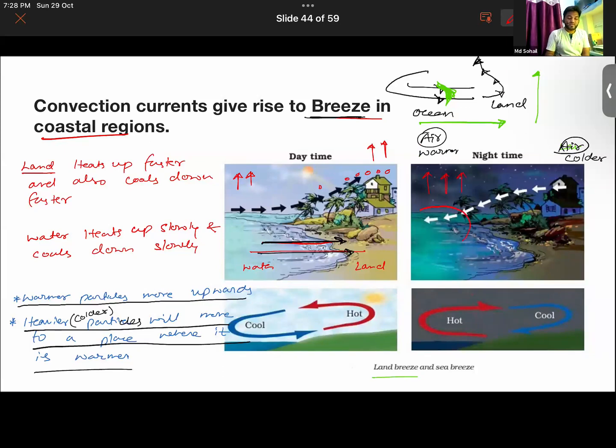So there will be an empty space created over here. That empty space will be taken up by the air that is present over the land, and the air present over the land will be moving towards this ocean side in order to take up the empty space created by the rising air. Hope that is clear. So that is simply the concept of sea breeze then, right? Okay, yes, sir. So that is basically what happens in the land breeze and the